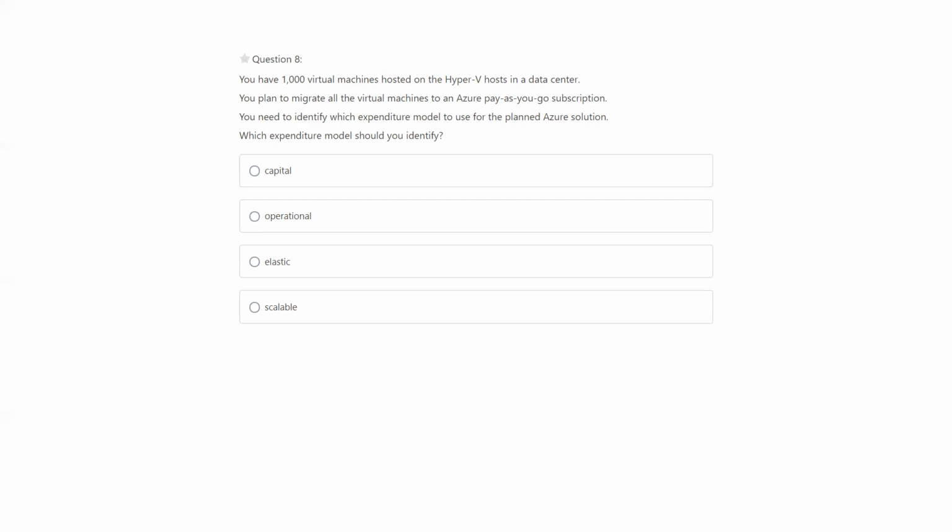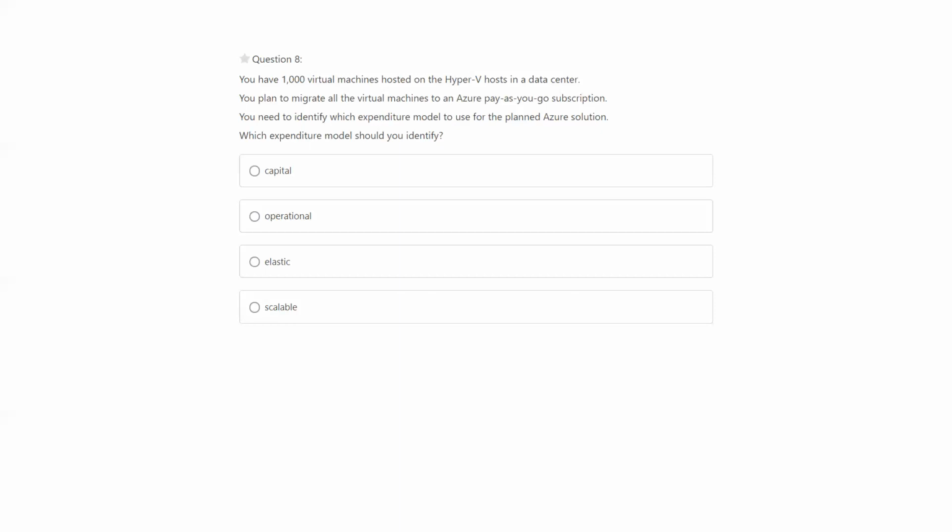Here we are talking about migrating all the VMs into an Azure pay-as-you-go subscription. So CapEx is the one where you are spending money upfront, and operational OpEx is the one where you are actually paying as you go. So here the requirement is migrating into Azure.